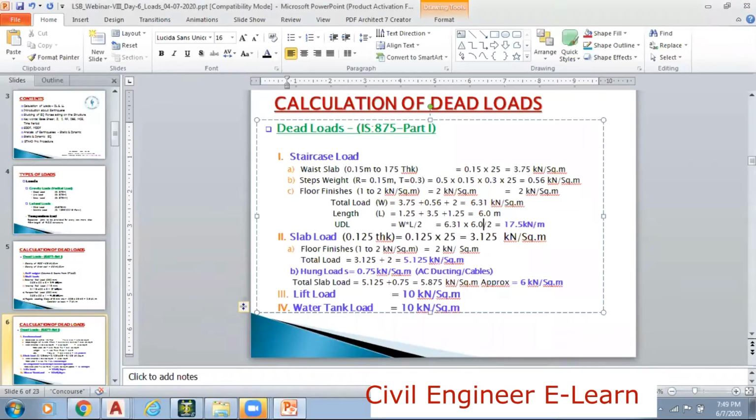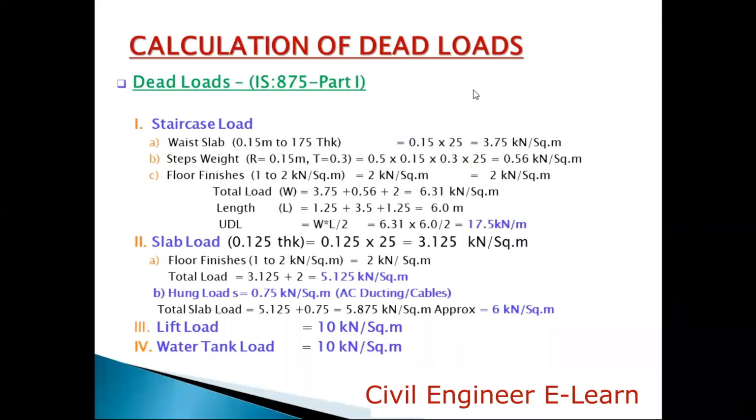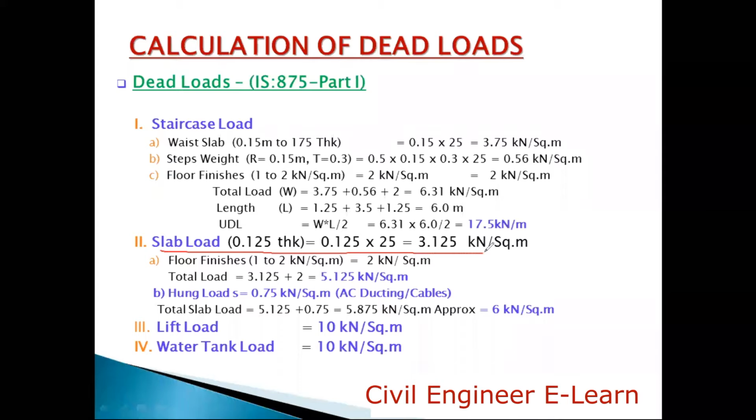on it, right? So next load here we have is the slab load also. Usually for commercial buildings, we have to consider 150 thickness of the slab when we have major panels. As we know that we have divided all these major panels into small panels. So for this structure, we don't need to go for 150 thickness of the slabs. Here we can consider only 0.125 thickness of the slab.